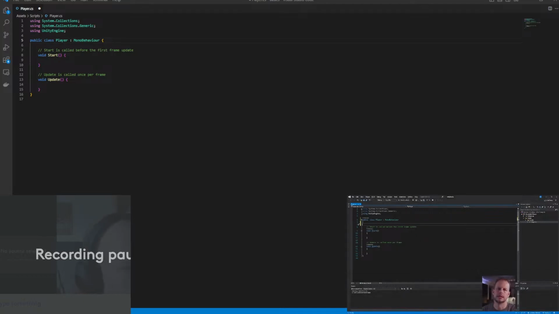So once every frame is rendered, it'll go through this for all of your scripts or all of your game objects that have different components. It'll find this and